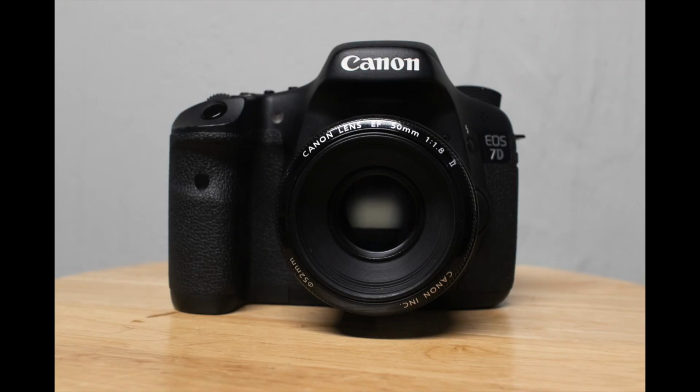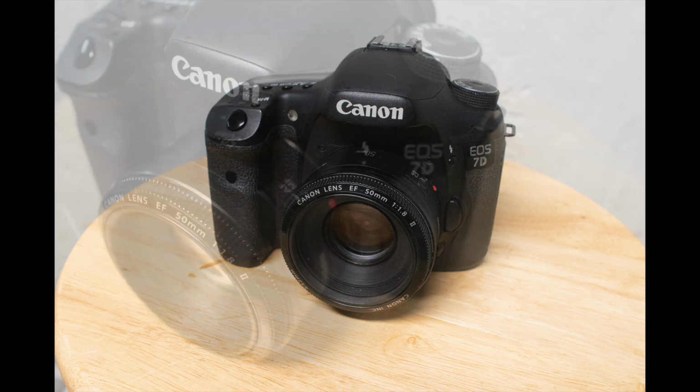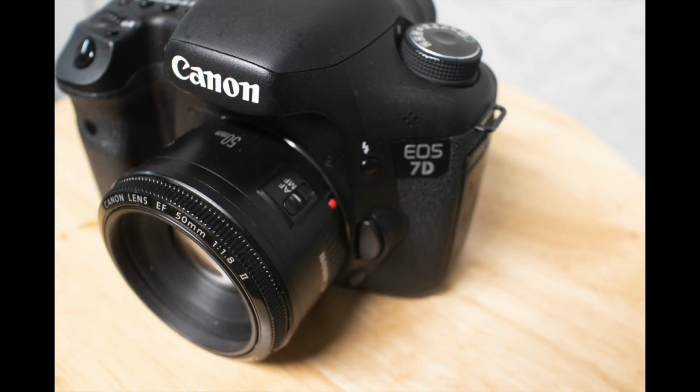An often overlooked gem of a camera is the Canon 7D. We're talking about the original 7D and not the Mark II. The Canon 7D appeared in 2009, making it 10 years old. It's a rugged, reliable, and versatile DSLR, and they go from $200 to $300 US, and that's with the battery